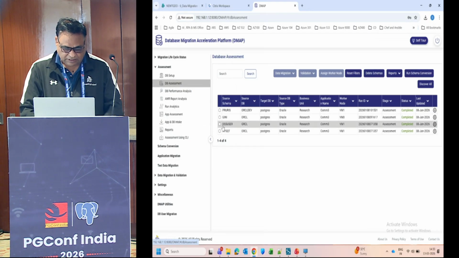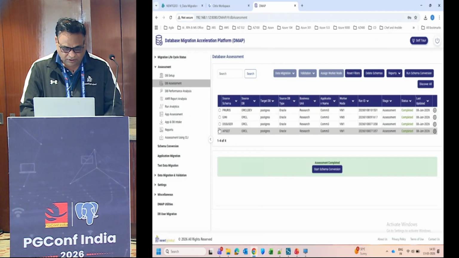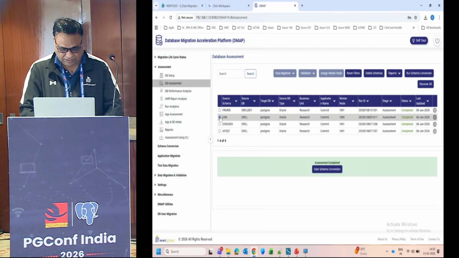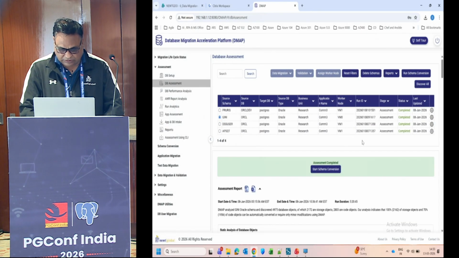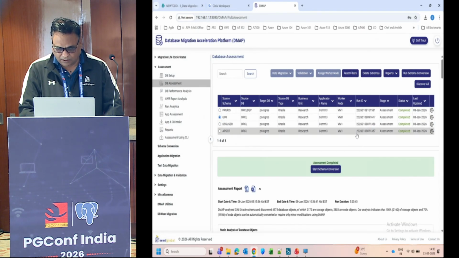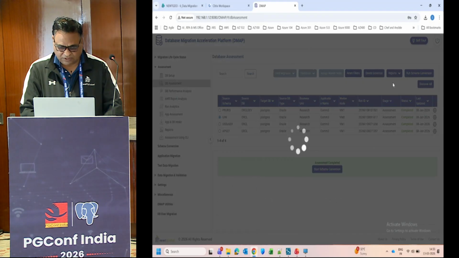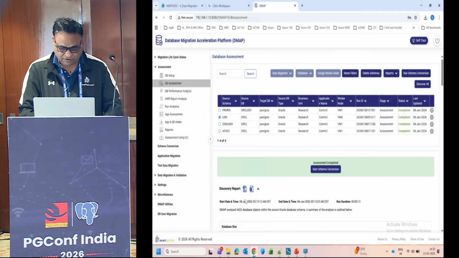Let me take an example. Here, for Genie 1, we already completed the assessment. We have the option of going back to the previous phase also. For example, discovery is the previous phase. I can go to the discovery phase and look at the discovery report.